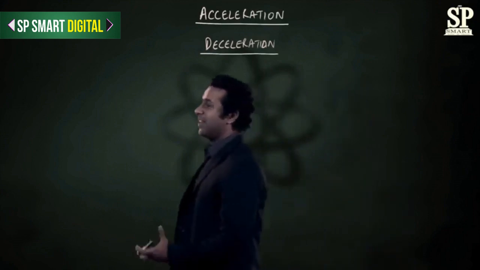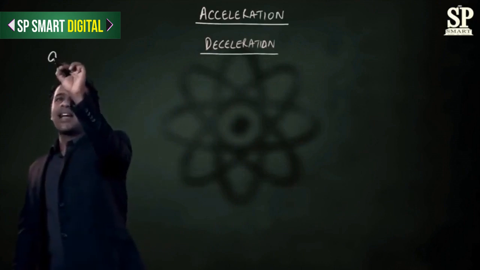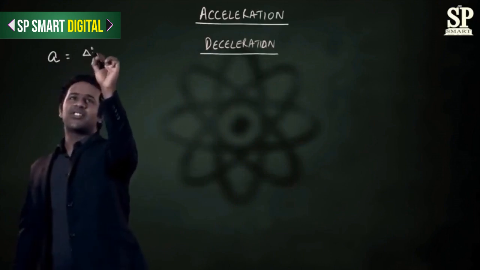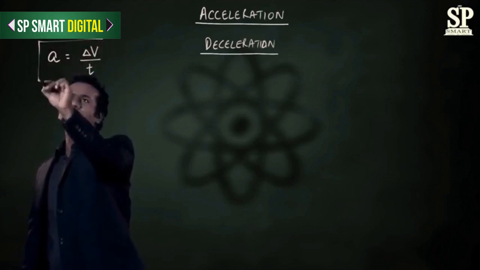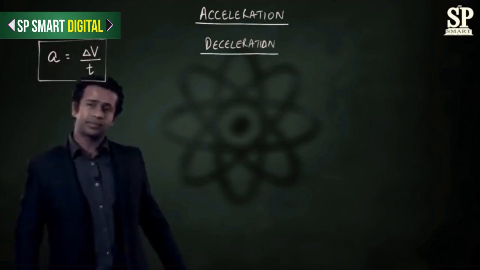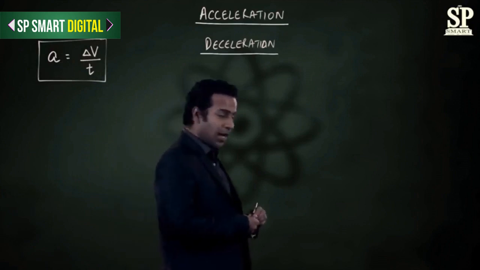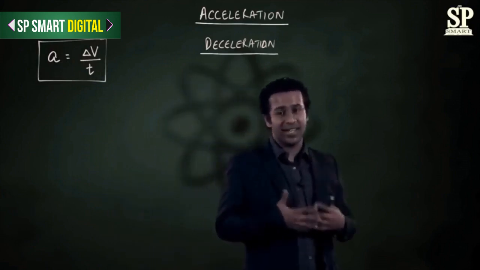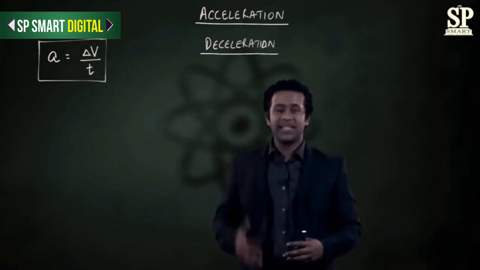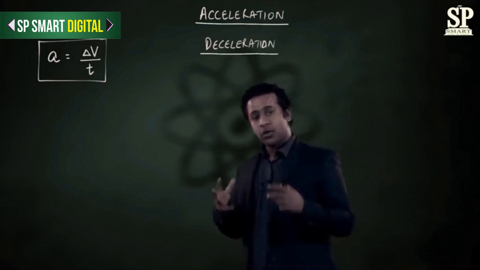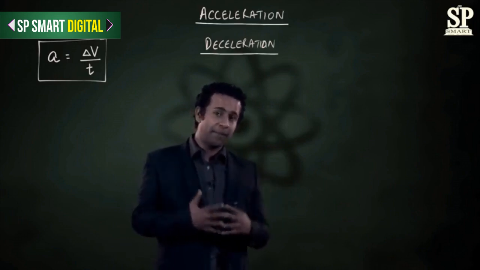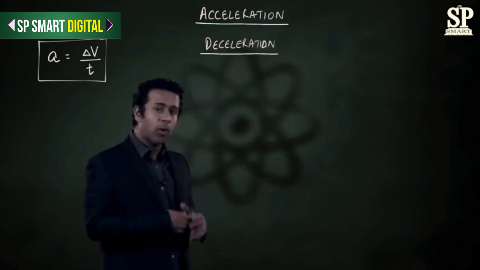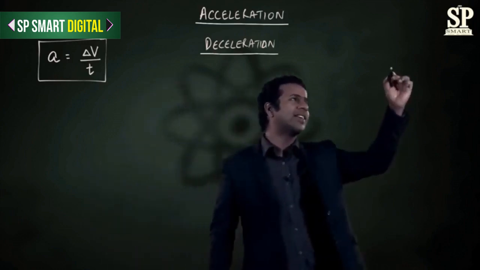Now, by definition, acceleration is defined as change in speed by the time taken to bring about that change. And if you think about what you know of acceleration instinctively, it is basically the same thing. You see something accelerating, what does it do? It changes its speed. Now, if you compare two bodies, let's say you have two vehicles, A and B,